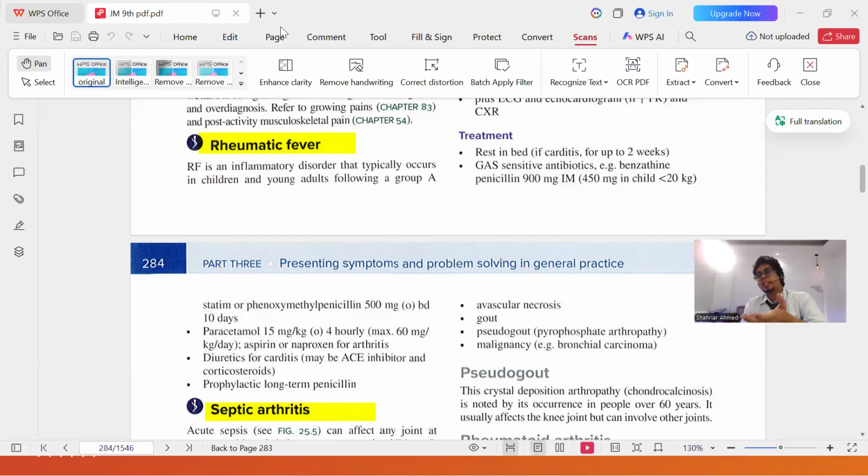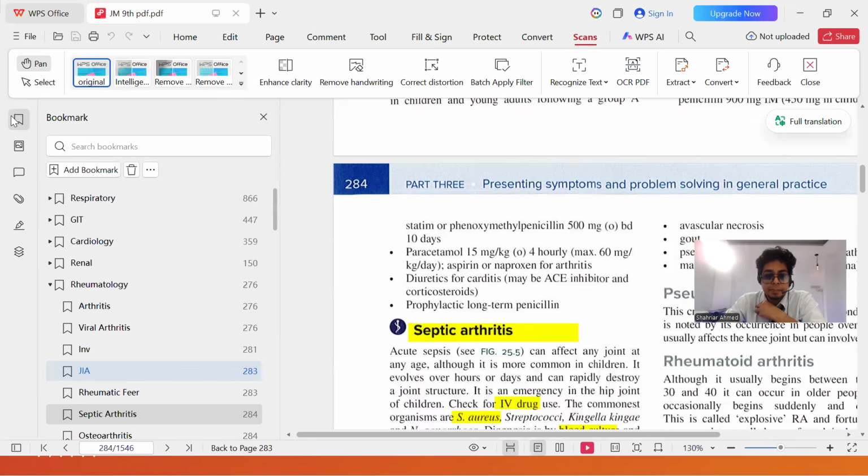And if they mix the investigation and the treatment, in most cases they are asking for approach, and if they ask what is the next best management in this case, that also means approach. I hope that's clear to our dear doctors.